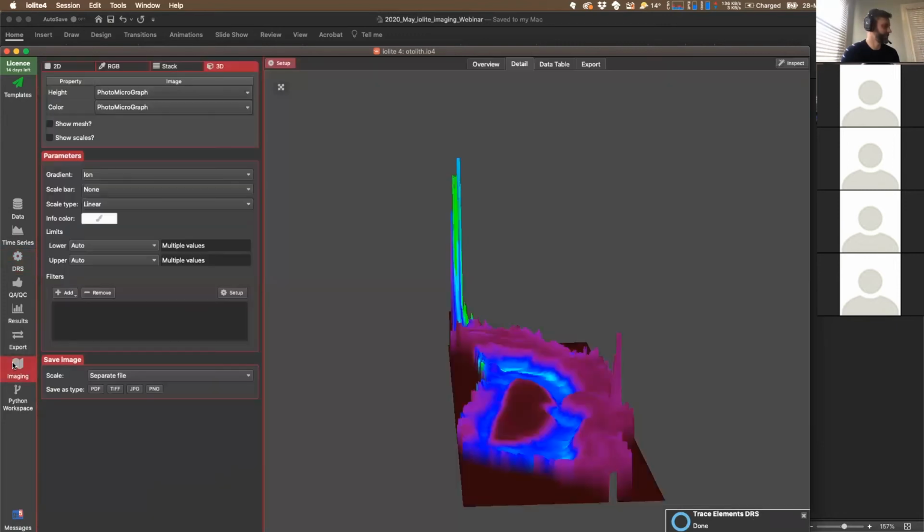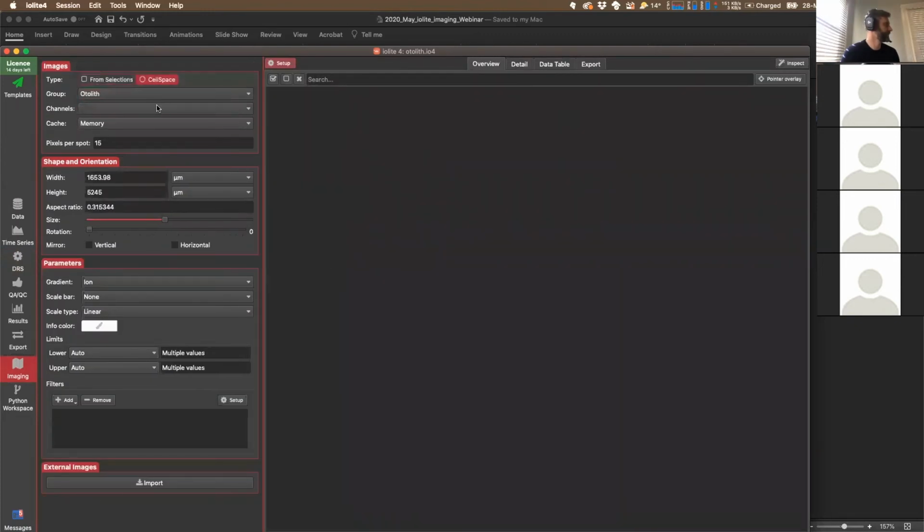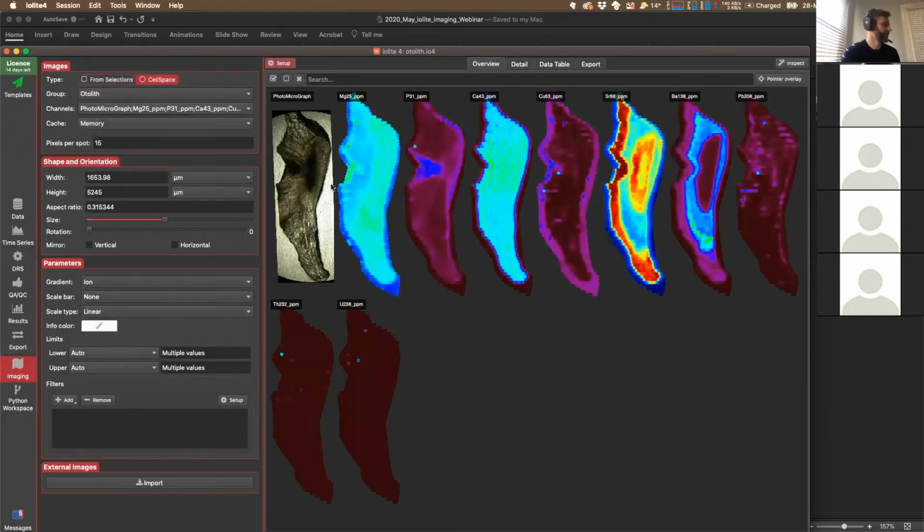Then we go back to our imaging. And I'm going to have to start that again. So CellSpace, Otolith, and all my output channels. Okay, so as you can see, it doesn't take long to go back and recalculate everything. But what it's done is it's got rid of these parts on the end here, which were blown out by